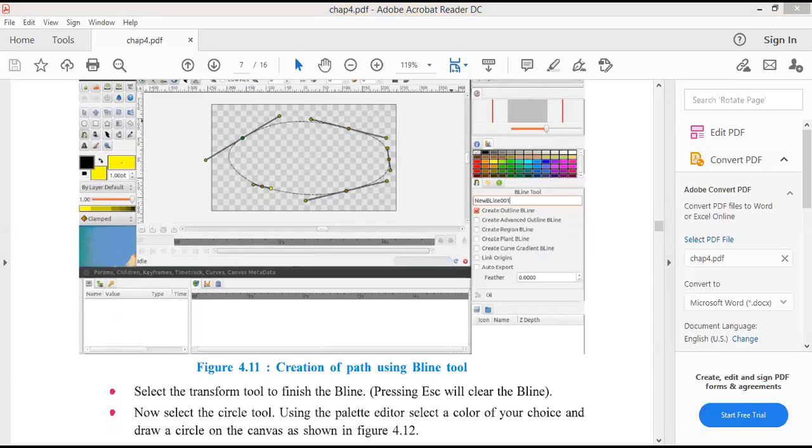I already started here. We are using this toolbox. The toolbox is always on the left side because we are familiar with MS Paint. This is the layers panel. This is the Bline tool.